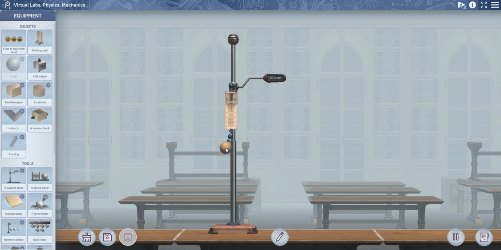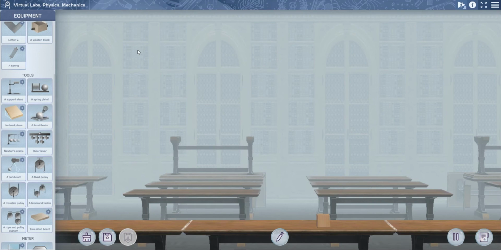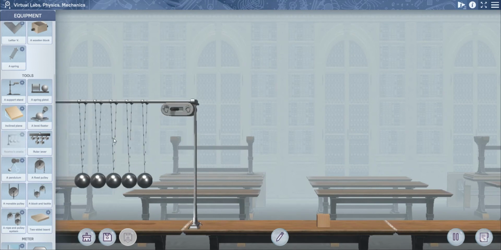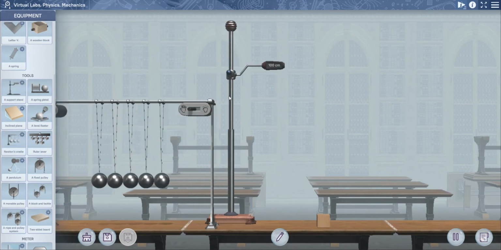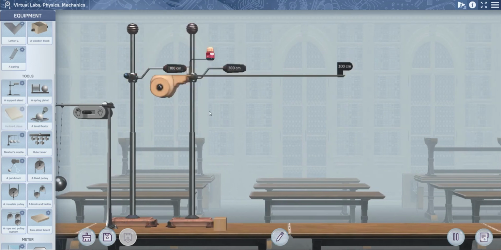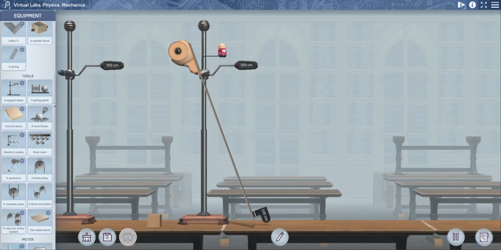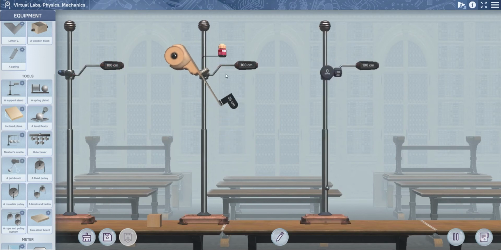You can rotate items while connecting them. You can also adjust the height of the holder using its handle. Some objects have interactive zones that can be used to change their properties or state. For example, you can open the holder, change the length of the inclined plane, control the stopwatch, or change the